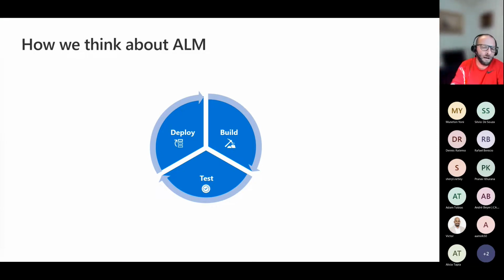But so, ALM. We talked about at the beginning, I mentioned that I am responsible for ALM when it comes to the CoE Starter Kit. ALM is application lifecycle management. If you're not familiar with it, it's a concept that's been around for a long time, in the code-first world and in the low-code world as well. However, it's been a difficult journey sometimes in the Power Platform to practice ALM in general